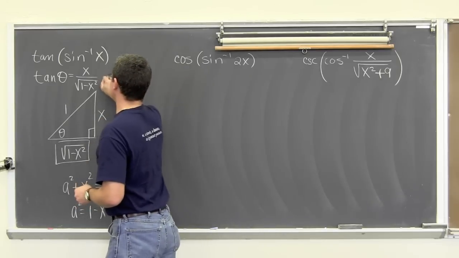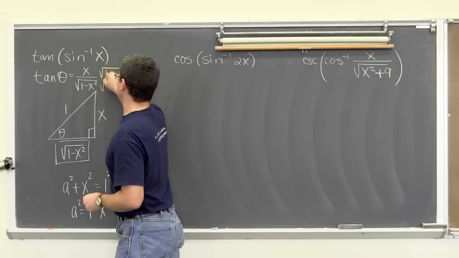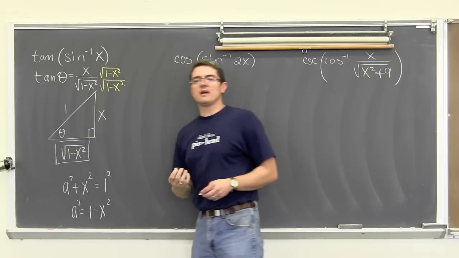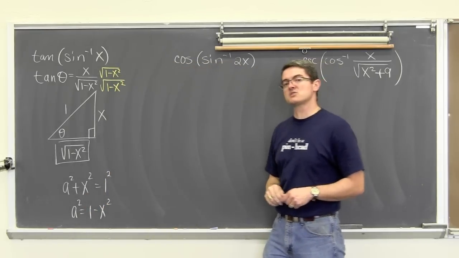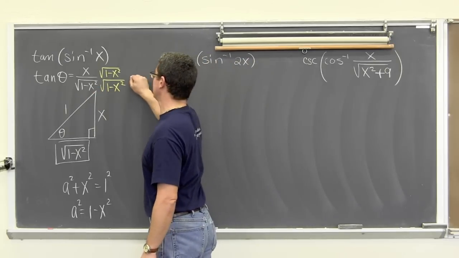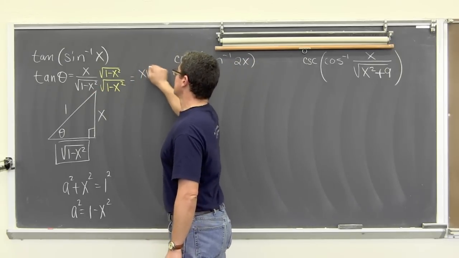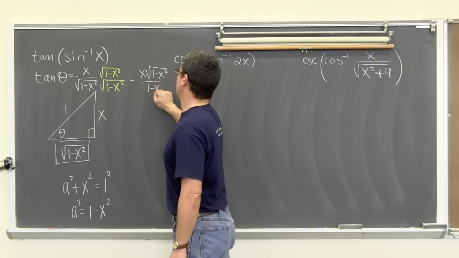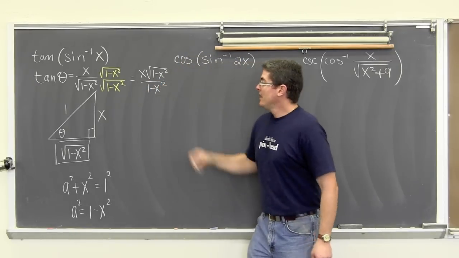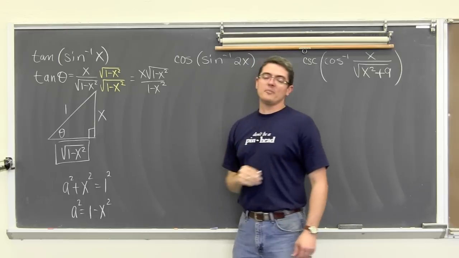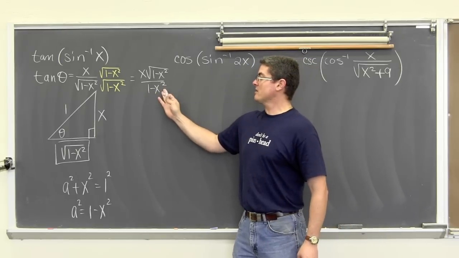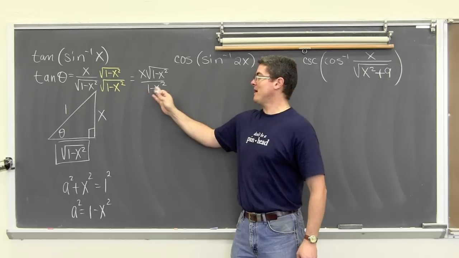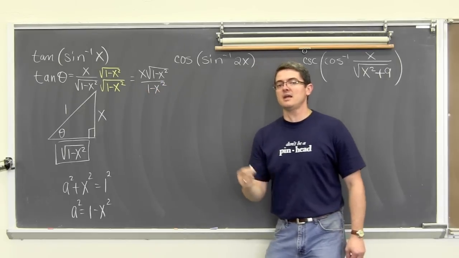And if we're making sure that we do not leave any radicals in the denominator, we're going to multiply top and bottom by the square root of 1 minus x squared to rationalize the denominator and get a final answer of x times the square root of 1 minus x squared over 1 minus x squared. And these x's do not cancel out because you cannot cancel out just part of a term when you have basically a binomial here. This is 1 minus x squared. You cannot cancel terms.